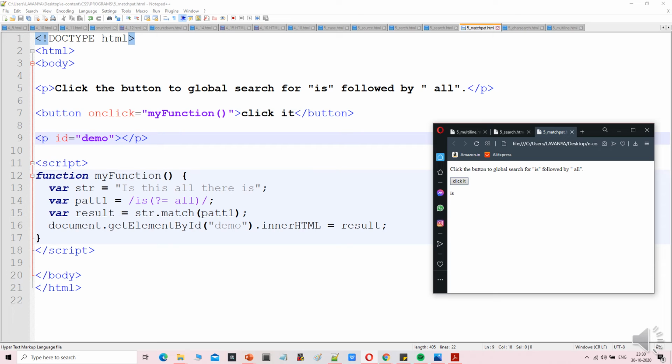Then after it will print that character. So after executing this code and after clicking this click button, it will display is. See here, click the button global search for is followed by all, means is followed by all. Okay, this is followed by all. That's why it prints this is.